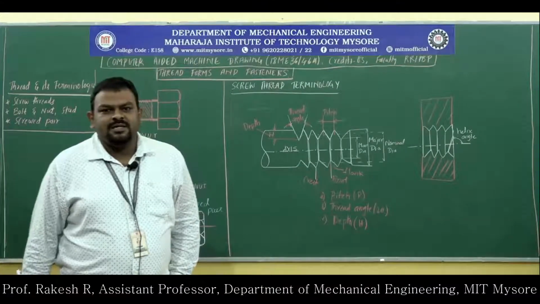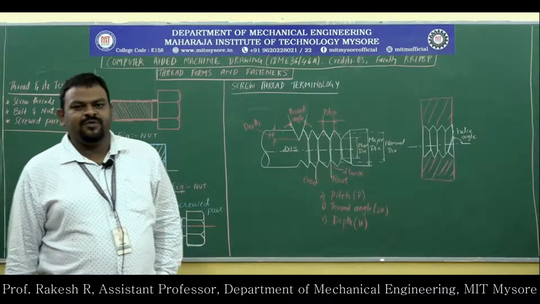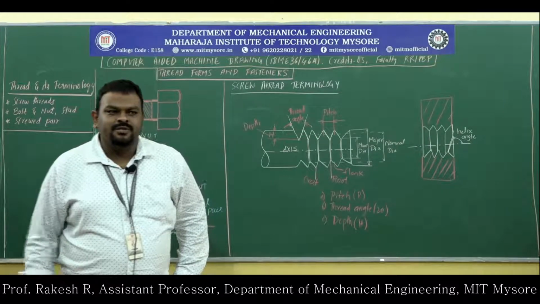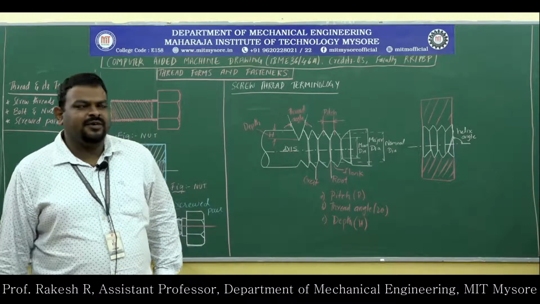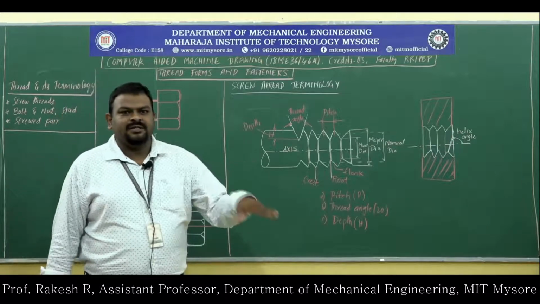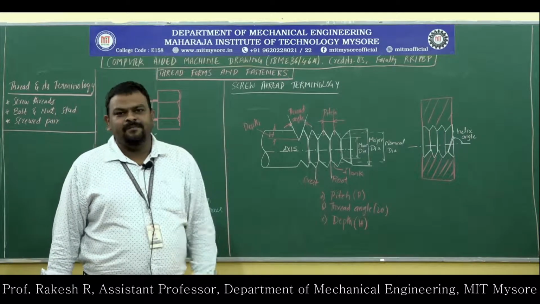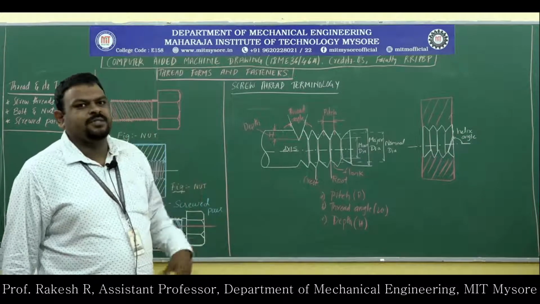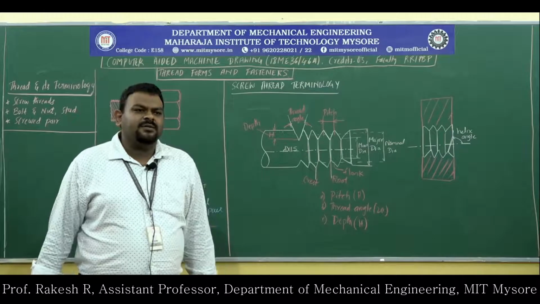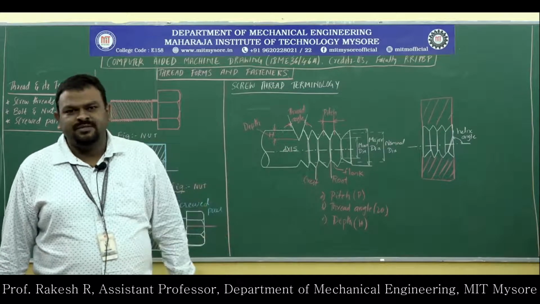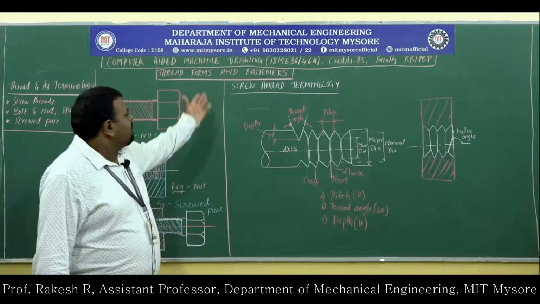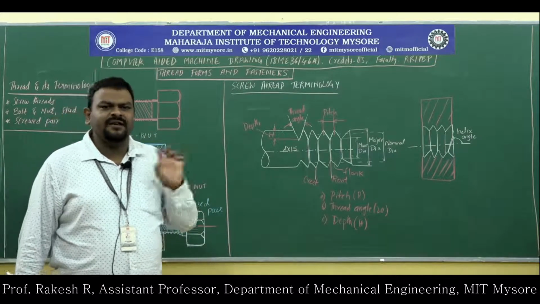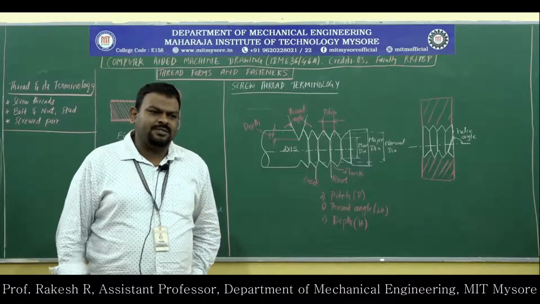So in the previous class, we have studied orthographic projections with sections as well as without sections. The next, second part of machine drawing is the same thing. The second part in Part A is thread forms and fasteners. So generally we can call it threaded fasteners. And there are several drawings available in thread forms as well as fasteners.